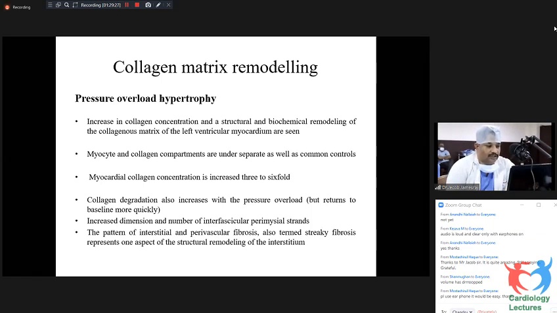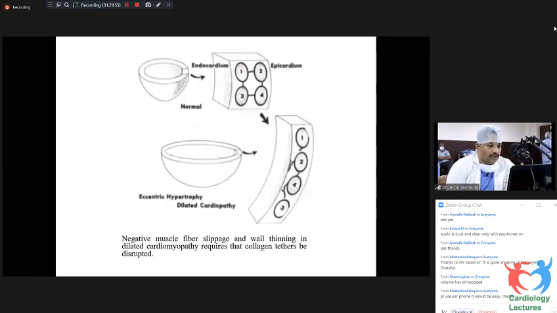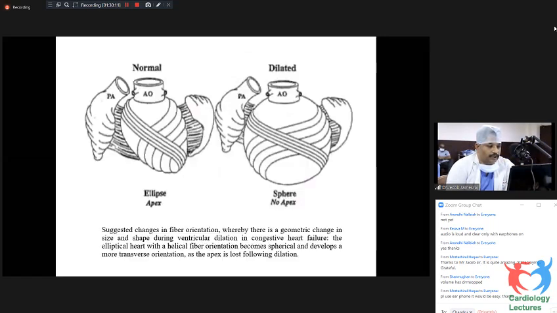When we consider the collagen network of the heart, the collagen concentration of the RV is approximately 30% greater than the left ventricle because the myocytes are smaller in size compared to the LV. The interstitium of the myocardium usually includes fibrillar connective tissue, fibroblasts, plasma cells, and a gel-like ground substance composed of glycosaminoglycans and glycoproteins. The dominant components of fibrillar connective tissue are type 1 and type 3 collagens. Type 1 collagen has a tensile strength usually equal to that of steel.